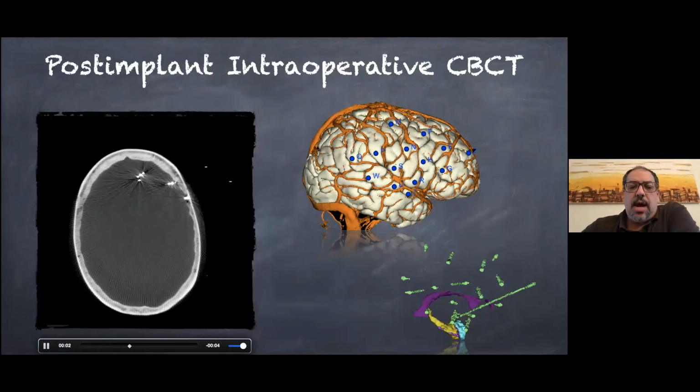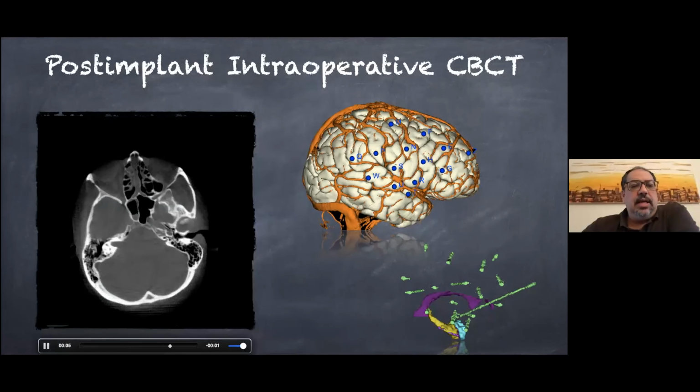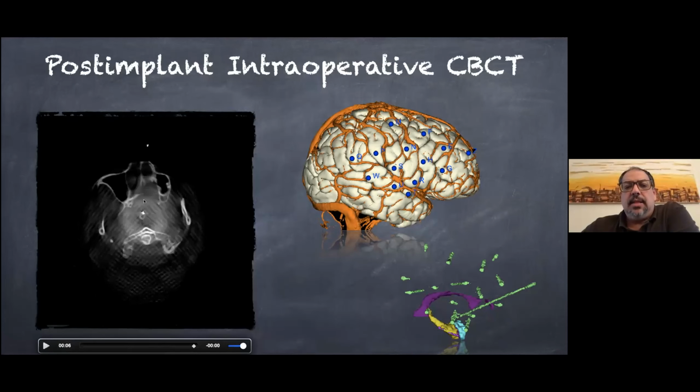At the end, we acquire a new data set with the electrode in position, and thanks to simple segmentation techniques, we obtain the model of the electrodes, and we build these multimodal scenes with the three-dimensional reconstruction of the brain made by Freesurfer, with the brain vasculature and the position of all the leads, that are very, very helpful. First, to our epileptologists to understand where the traces come from, and then again for the multidisciplinary meeting to discuss